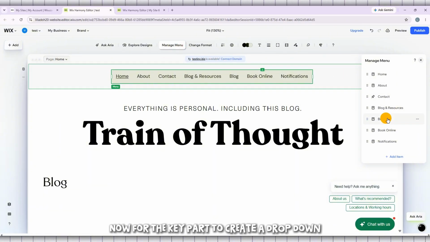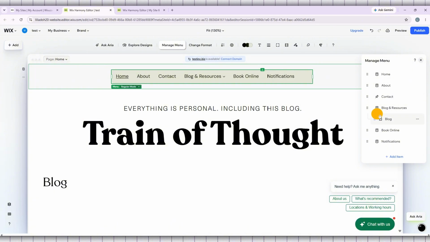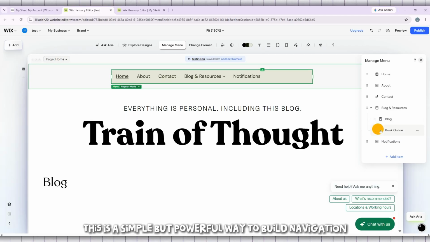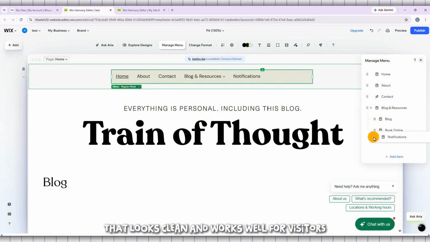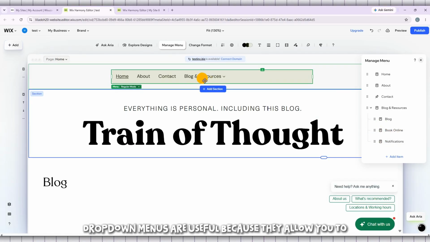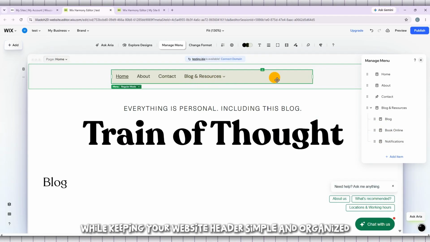Now, for the key part. To create a drop-down, click and drag one menu item and place it slightly below another menu item. When you move one page under another in the Menu Manager, Wix will turn it into a subpage, which creates the drop-down effect automatically. This is a simple but powerful way to build navigation that looks clean and works well for visitors. Drop-down menus are useful because they allow you to include more pages while keeping your website header simple